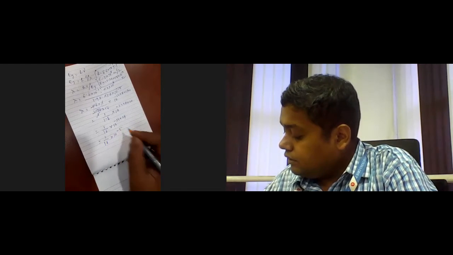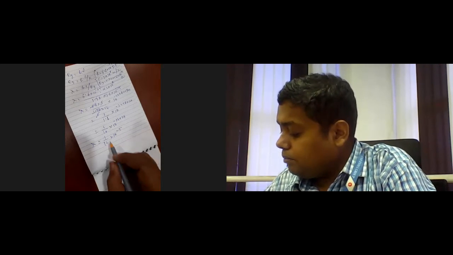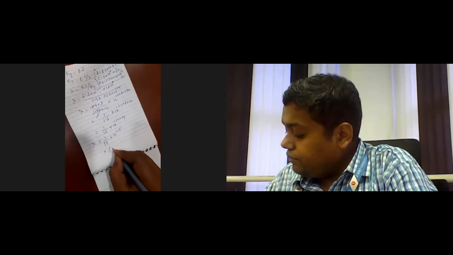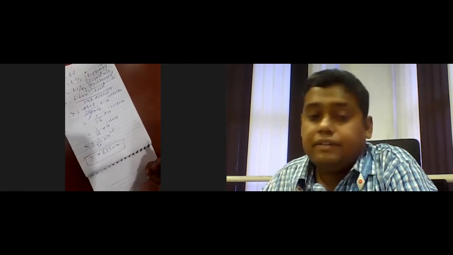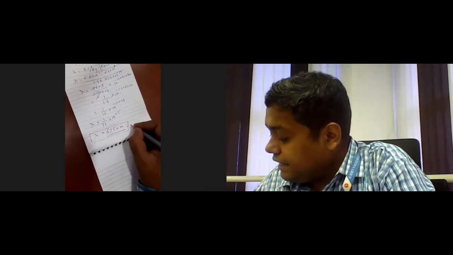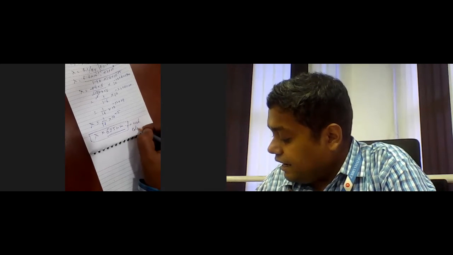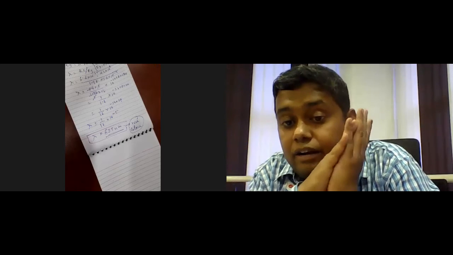Sorry, lambda. So what is the value? 1 by 16. That is 625 nanometer. Lambda is equal to 625 nanometer. Okay, and this wavelength emits the red color. Please remember, it is the red color light of the radiation that is emitted due to this direct recombination of the electron and holes. So these problems are very familiar and very important to your examination.